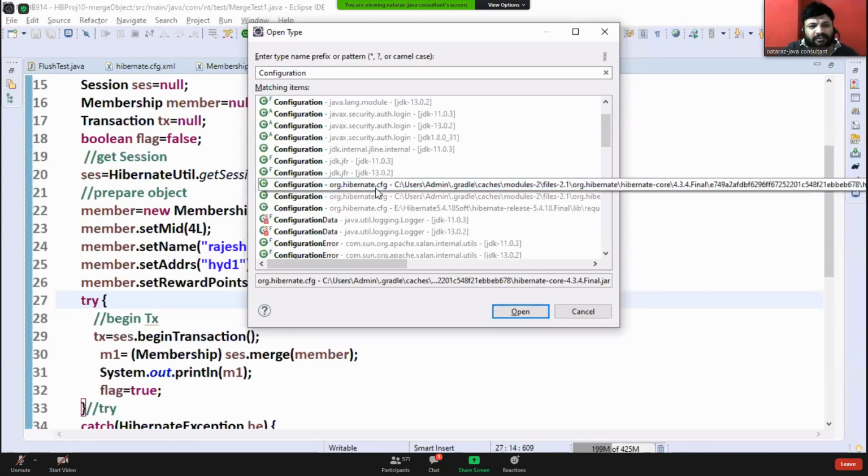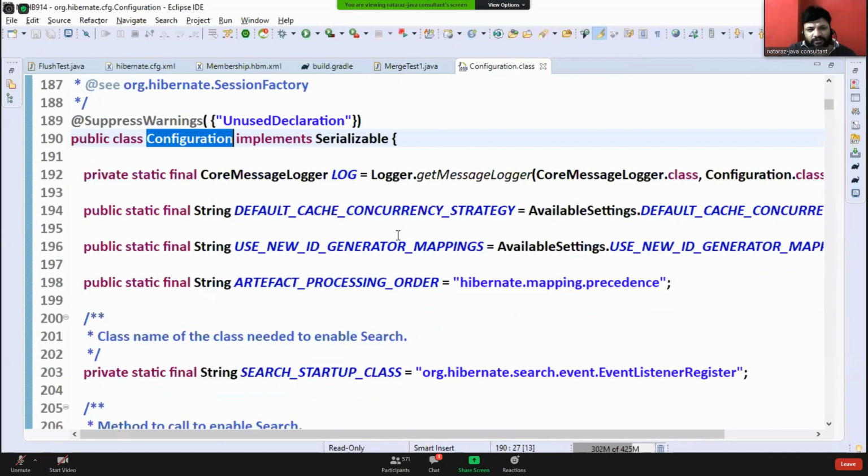org.hibernate.cfg. This is our configuration. Open this, then you will get the source code. Everyone getting my point there? See, when a class is typed in your source code, F3 takes you to the class. If you want to know the hierarchy, F4. But if that class is not there in the project and I want to know about that class,